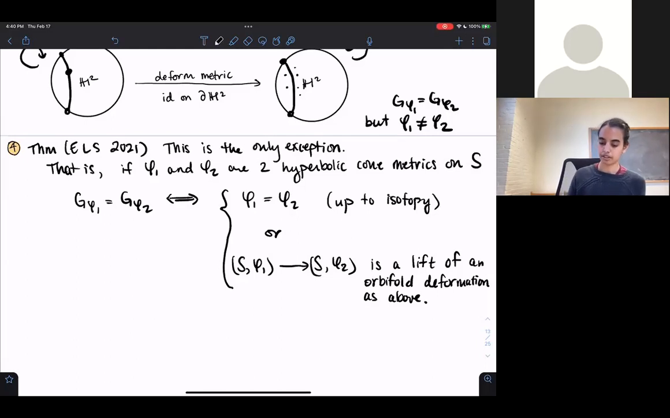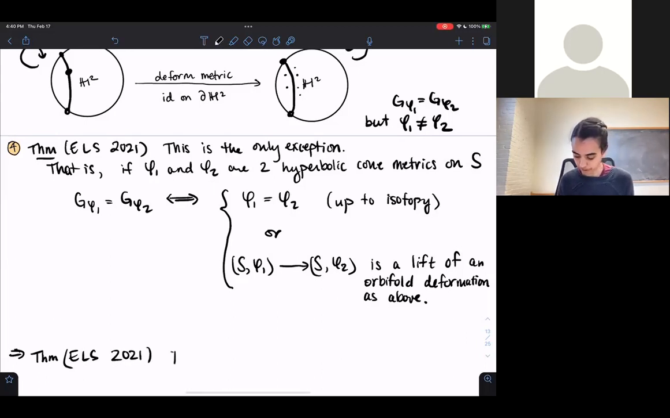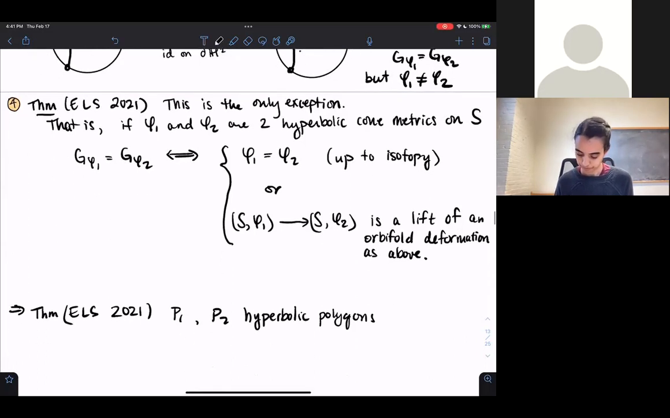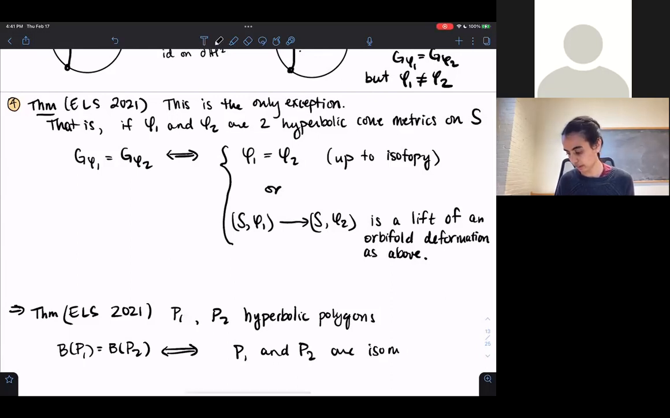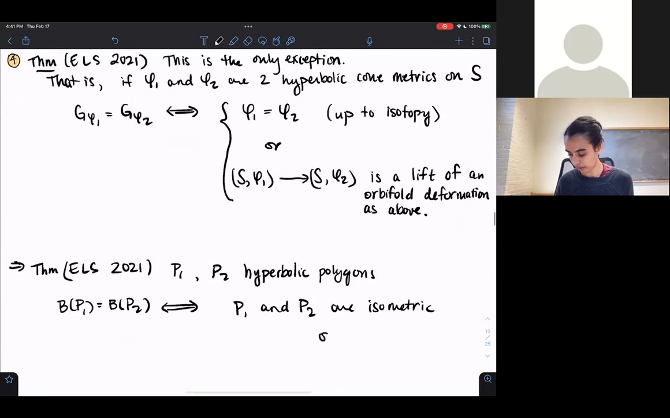Okay, and then this theorem implies for the billiard case, if you have P1 and P2 hyperbolic polygons, both hyperbolic polygons, if the bounce spectra are equal, this is if and only if P1 and P2 are isometric, or